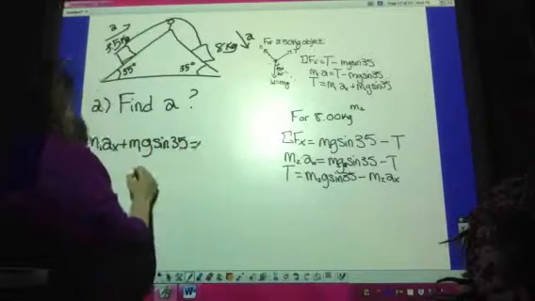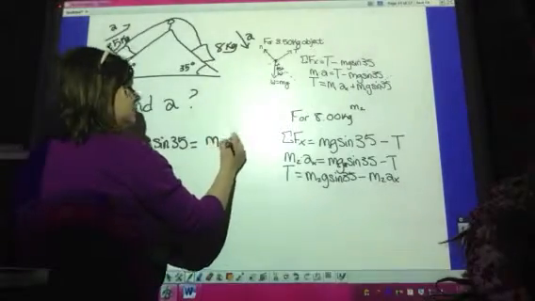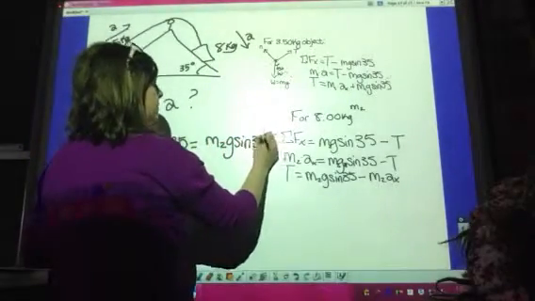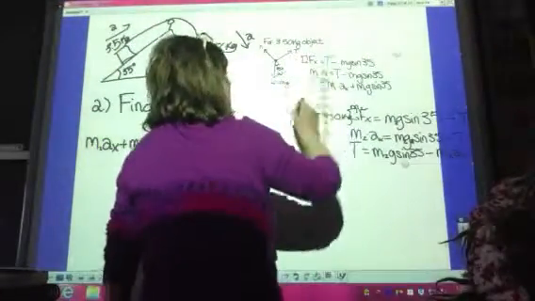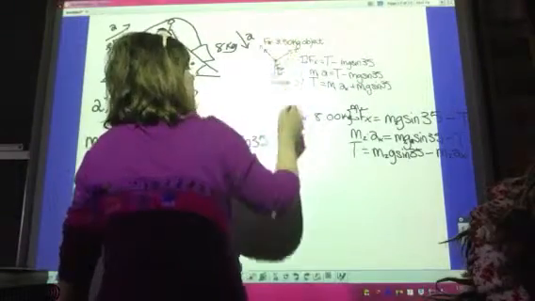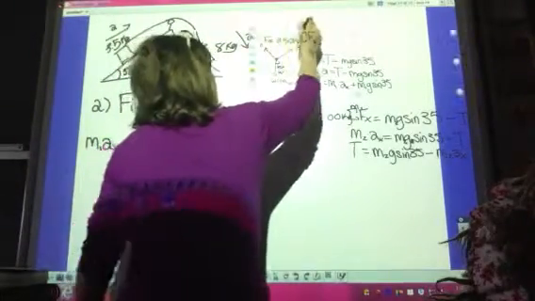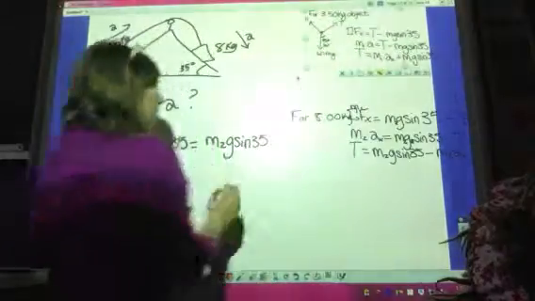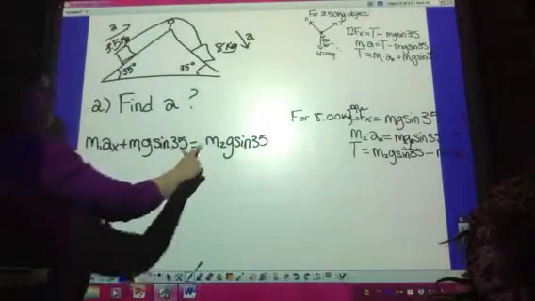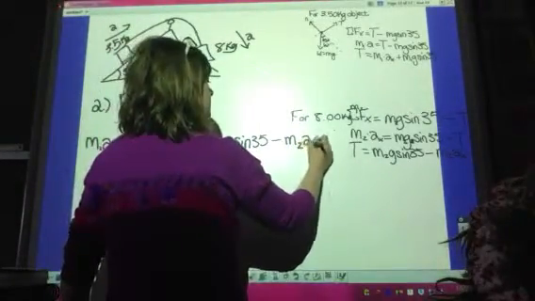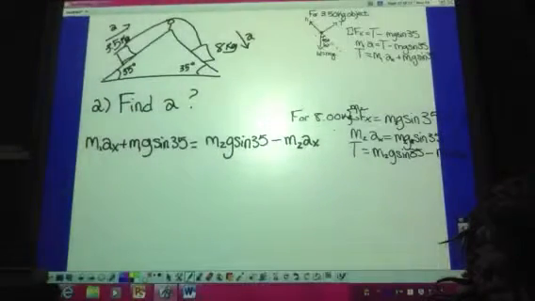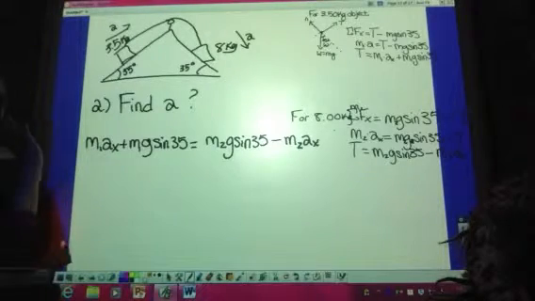That equals m2g sine 35, and then that's minus m2 times ax. Okay, so I want ax on the same side, right? So if I did that, I would get